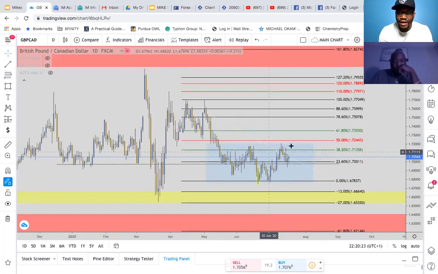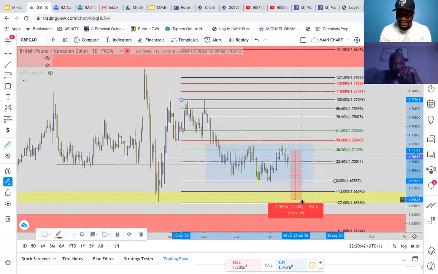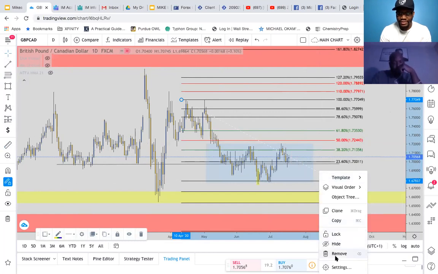Price came to our 38.2. So anytime price hits 38.2, it's usually going to be some type of impulsive move based on the Fibonacci. So based on what's happening here in the small time frame, we can potentially see price end up selling price down. So the only way I know what's getting ready to happen is